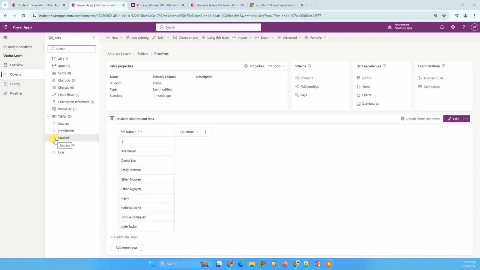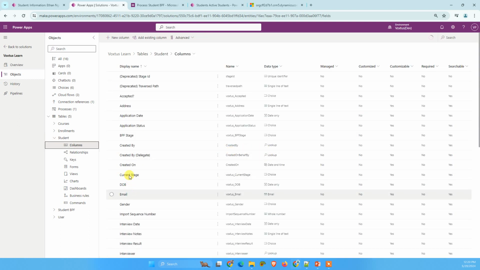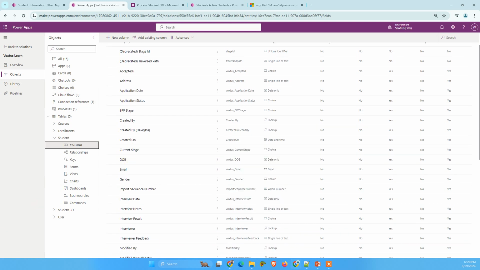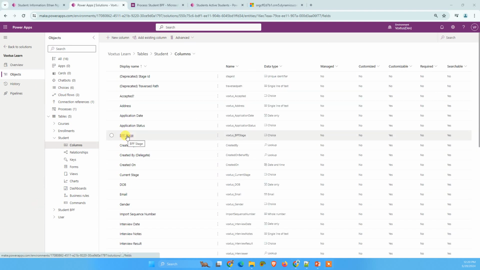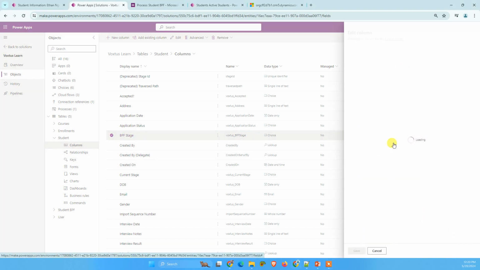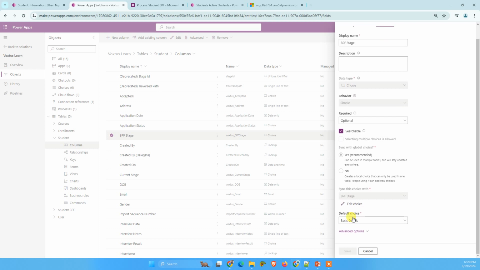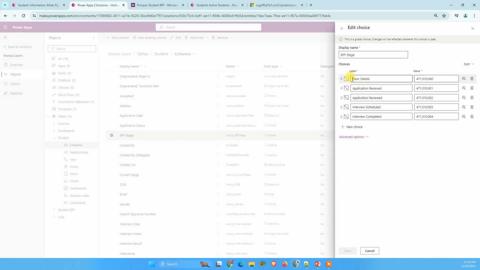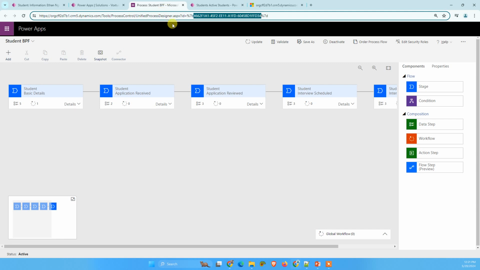Before moving ahead, let's see some important points which we are going to use in this video. This is the BPF stage column, which is the choice column, and here are the values of each choice. Here is the value for basic details. Similarly, for application received, here is the value for application received. Another thing,